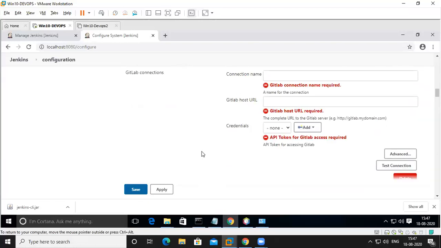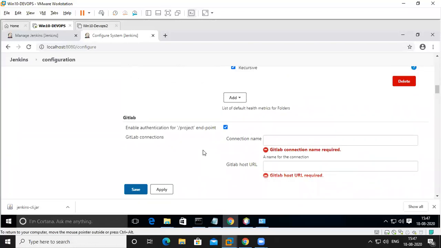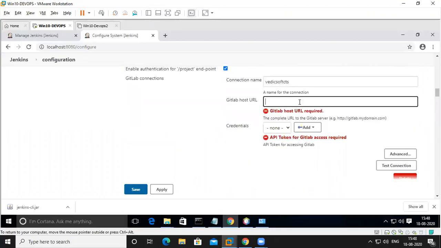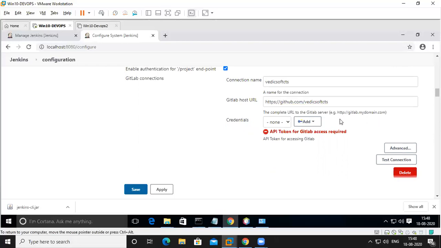I did deletion, right? Okay, Git connection name Vedic soft CTS. URL required: https://github.com/Vedic CTS. If you don't give it also, not at all a problem.